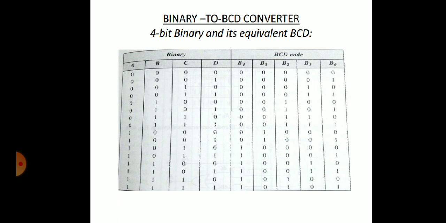Suppose we want to represent 14, the second last row. How can we represent 14? 1 1 1 0. This is the binary representation. For the BCD code representation of 14, the 4 is represented using 4 digits. So it will be 0 1 0 0. That is B3 to B0, 0 1 0 0. And for 14, the 1 is represented as 0 0 0 1, but as the first 3 bits are 0, we can omit them. It will be only 1.